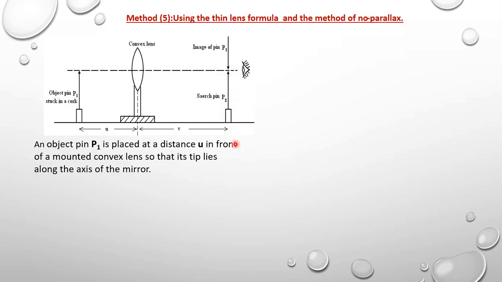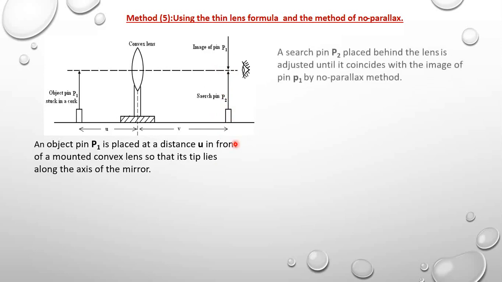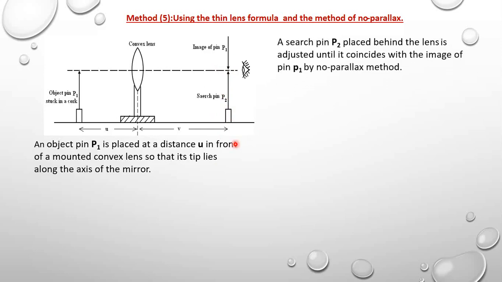We shall be observing that by the no parallax method. When that has been achieved, we are going to measure the distance from the search pin to the convex lens. Still, we are going to pick the center point of the convex lens, here. So we shall measure that distance v,